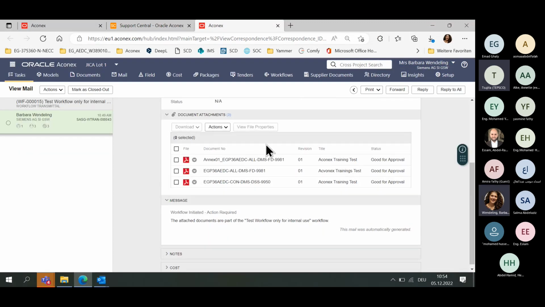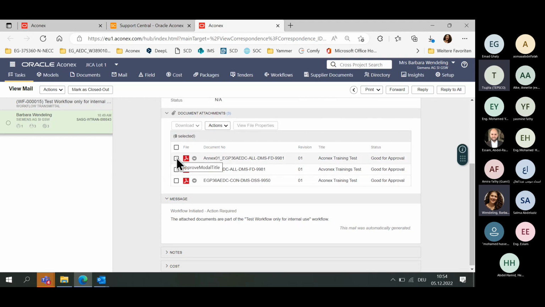So I'm back here now. And now an internal review process between engineer and customer will start. So not by Aconex, but by a separate approval process. So at first, in this review 1 step,